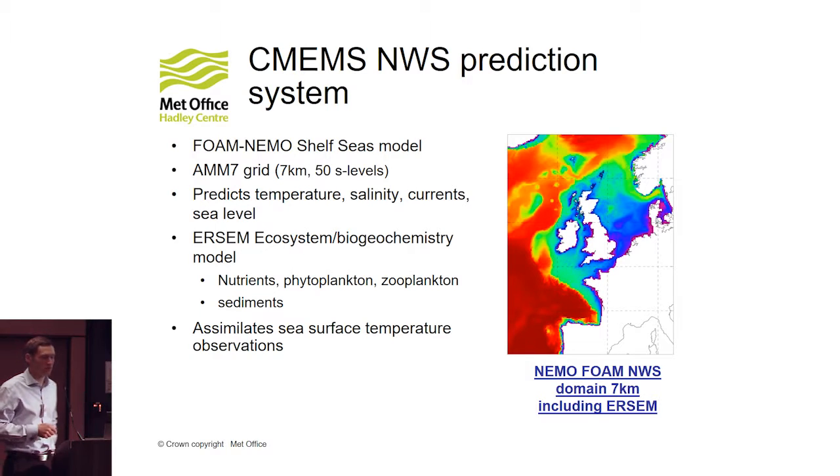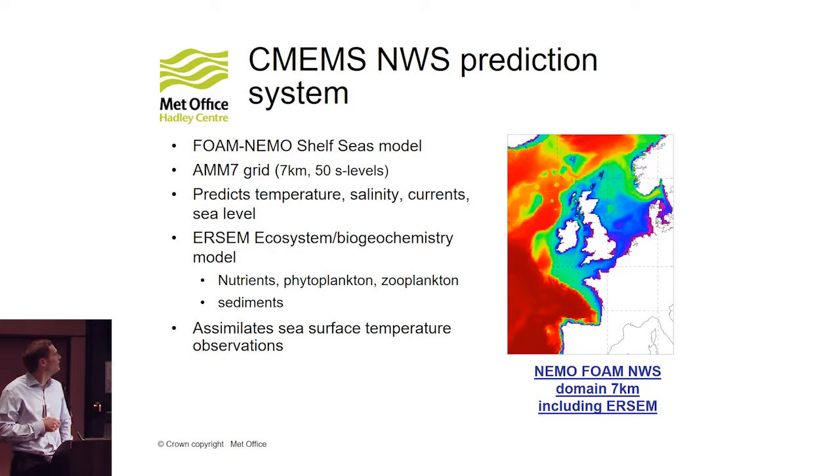So this is the CMEMS Northwest Shelf prediction system. The model we often refer to as AMM, which stands for Atlantic Margin Model. It's a 7-kilometre model at the moment, so relatively low resolution compared to some of the things we've just been hearing about. Operationally, it runs within the FOAM operational system. It's coupled to the ERSEM biogeochemistry model. So as well as producing the standard physical parameters for CMEMS, we can also produce details of nutrients, phytoplankton,